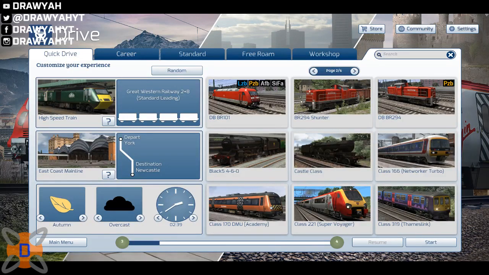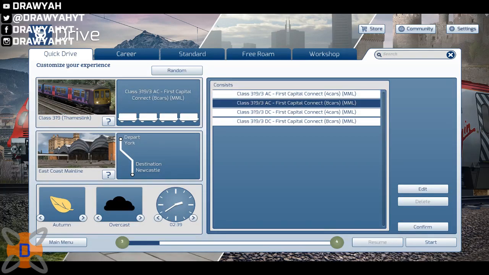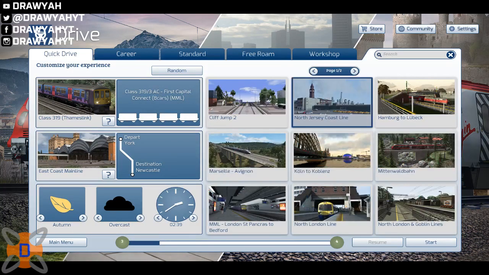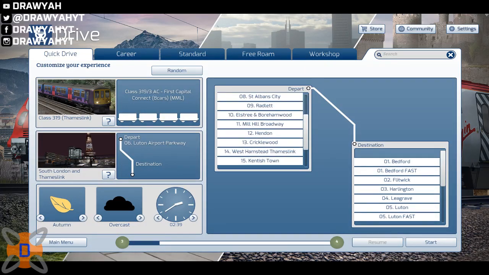So if I take the... You know what? I said Thames Link. Let's go for Thames Link. We'll go for an 8-car train, First Capital Connect. We will confirm that. It will be the South London Thames Link. And let's go from...